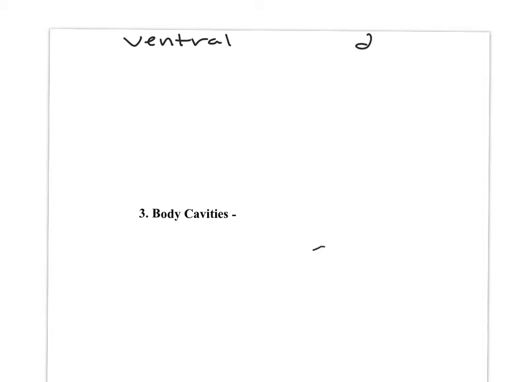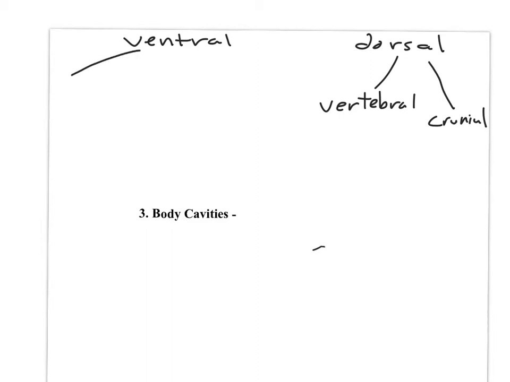And then in the back you have the dorsal body cavity. If you recall, the dorsal body cavity is further subdivided into a vertebral cavity and a cranial cavity. The ventral cavity is divided into an abdominopelvic